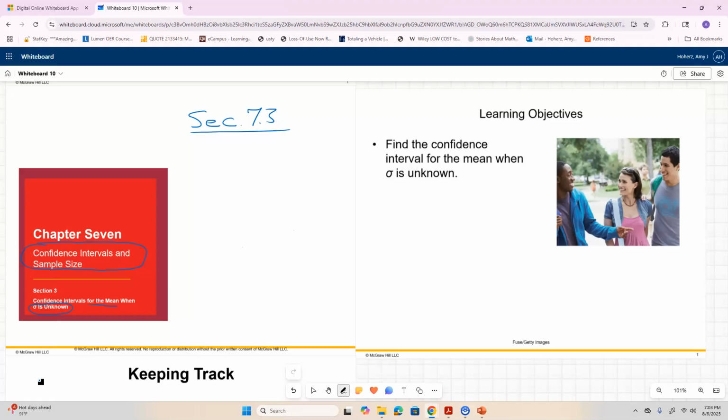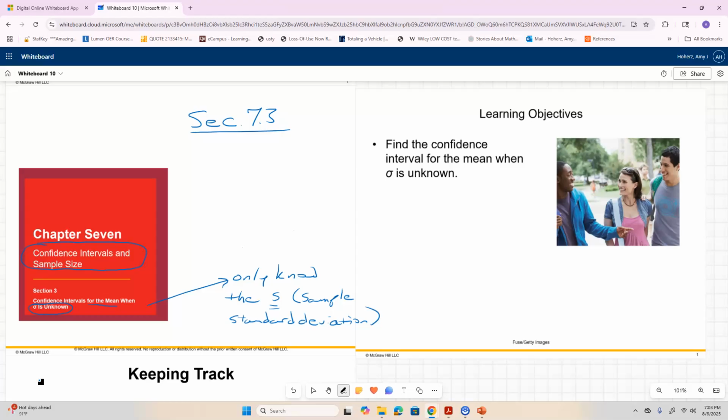Or as I like to clarify it, I like to say that we only know the S, or the sample standard deviation. Okay, so we won't know the sigma, we'll only know the S, and that's going to change how we find